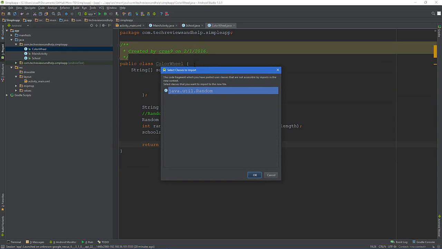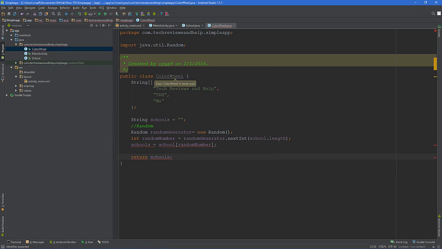From here, we need to go inside the bracket and paste that in by Control-V or simple paste. Now, what is this that just came up? This is simply a thing that needs to be imported into this class that's not already here. If it's not imported, then what you just pasted will not work. However, once it's imported, everything should be fine. So, because we want this code to work, we are going to simply select OK. Now, what I'm going to do here is set this as a private string,